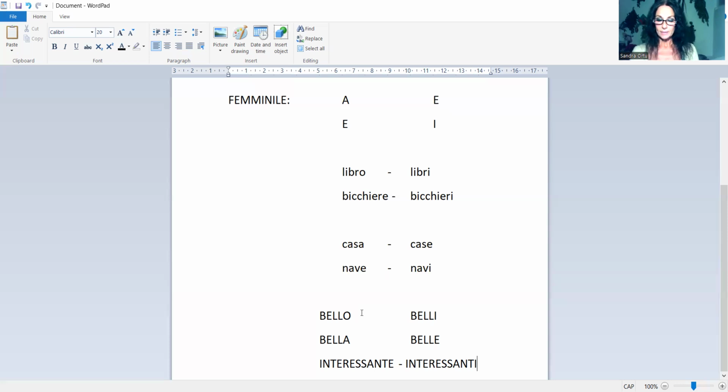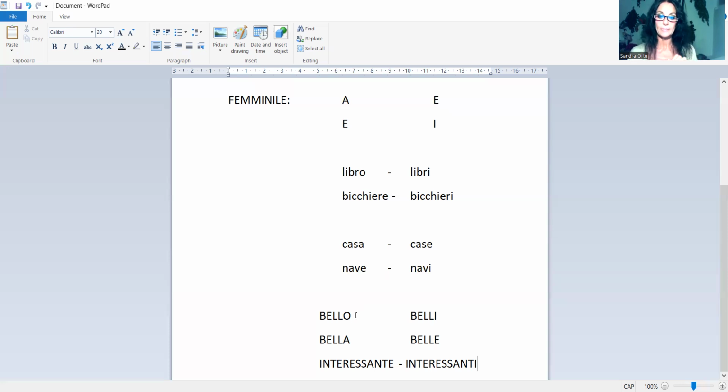So this default adjective, masculine singular, you know now that you must change the ending, the last letter, in order to agree with the noun that it is describing. So if you're describing a noun which is masculine singular, you leave it as bello.